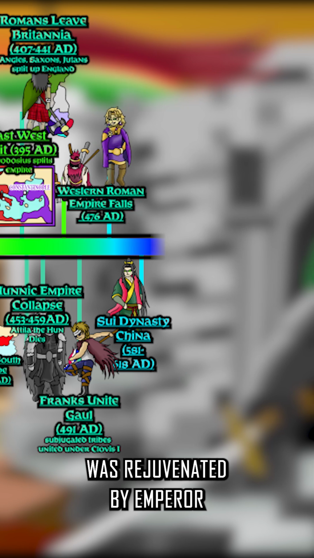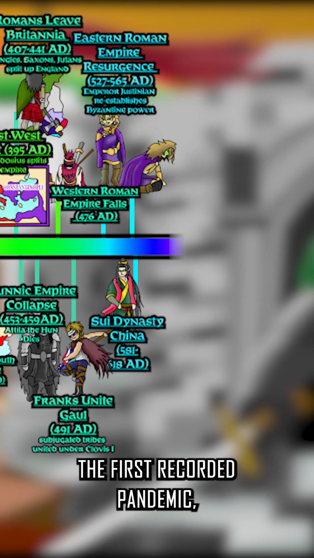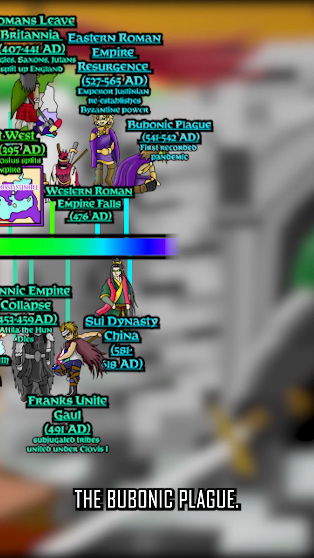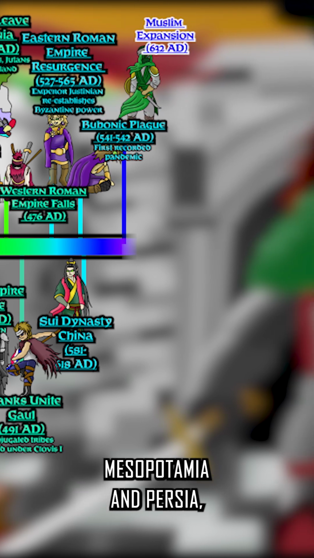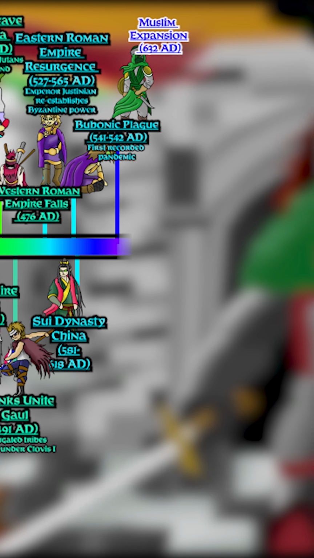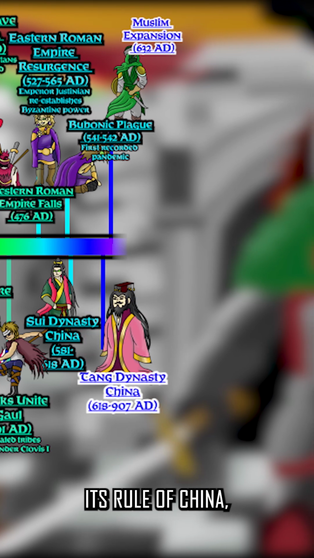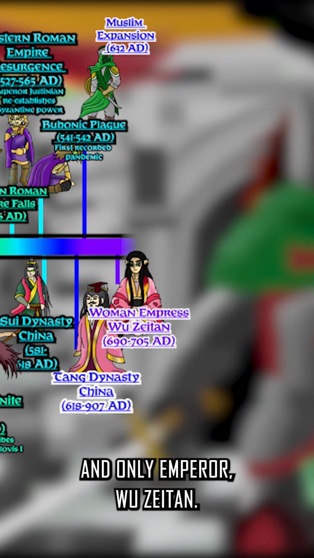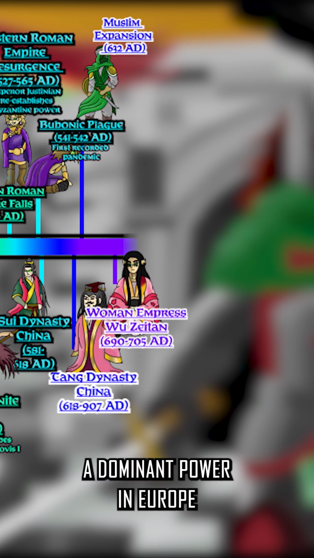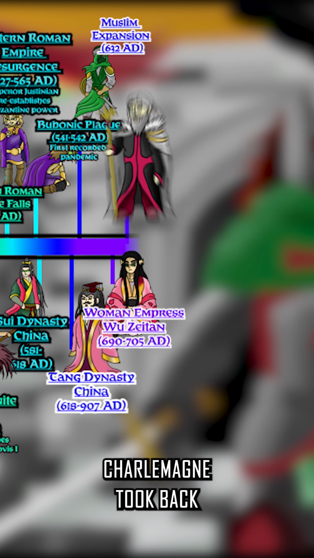The Eastern Roman or Byzantine Empire was rejuvenated by Emperor Justinian, but would see the first recorded pandemic, the bubonic plague. In the 7th century a united Arabia took over Mesopotamia and Persia, and the Muslim conquest expanded. The Tang dynasty began its rule of China, and in the 8th century, China would see its one and only Empress, Wu Zetian. The Franks were a dominant power in Europe, and a king of the Franks, Charlemagne, took back